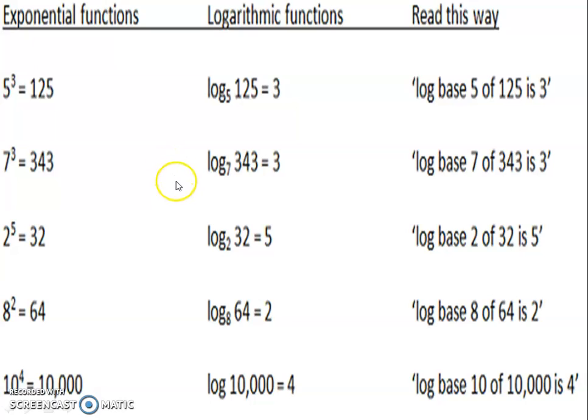So does everybody understand this basic concept? Always remember that in any example, base is important, index is important, and answer is important. For converting exponential into log, always remember that the base is the same, that is 5. The answer you should write here, and the index number is on the right-hand side, equal to it.